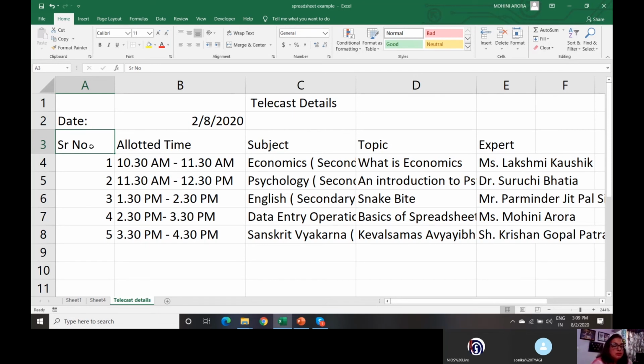The previous contents will be overwritten and the new content comes in. If you feel that only partially the contents have to be changed, then either press F2, where the cursor appears inside the cell, or make the cell the active cell by clicking it, click on the formula bar and you can erase and type the portion that you want to edit. Right? So this is how you can edit data in a cell.